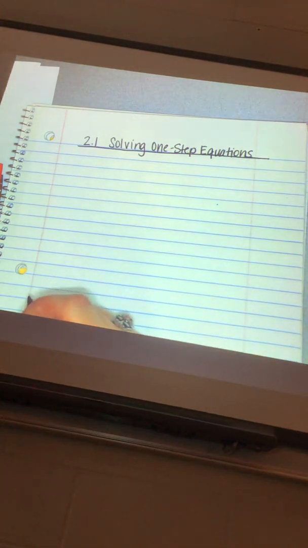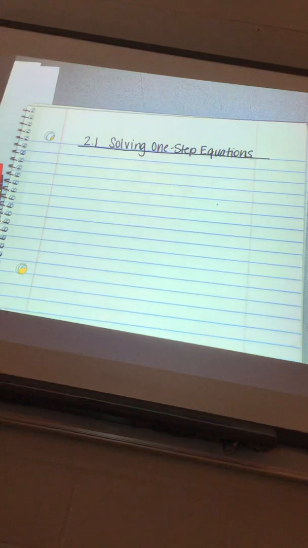But let's go ahead and get right down to some pre-algebra. In our second unit, we're starting it today, and unit 2 is all about equations and solving those equations. I know some of you are thinking, why are there letters in algebra? Why are there letters in math? Math is just numbers. Well, you're sort of right, but sometimes we don't know